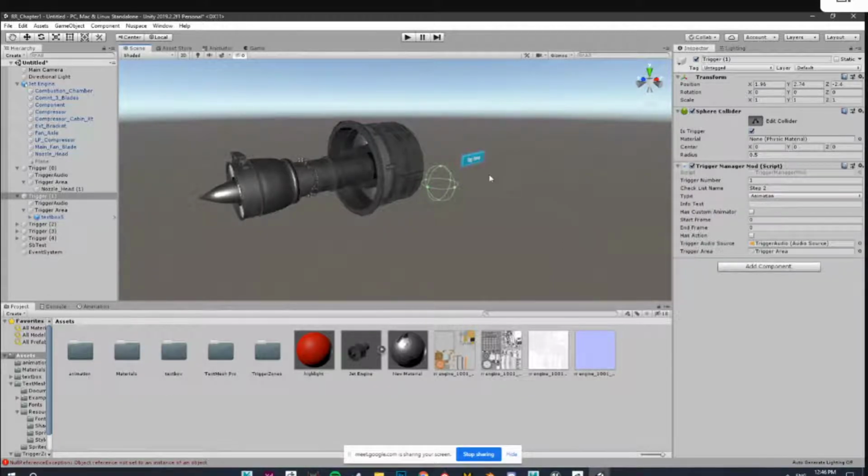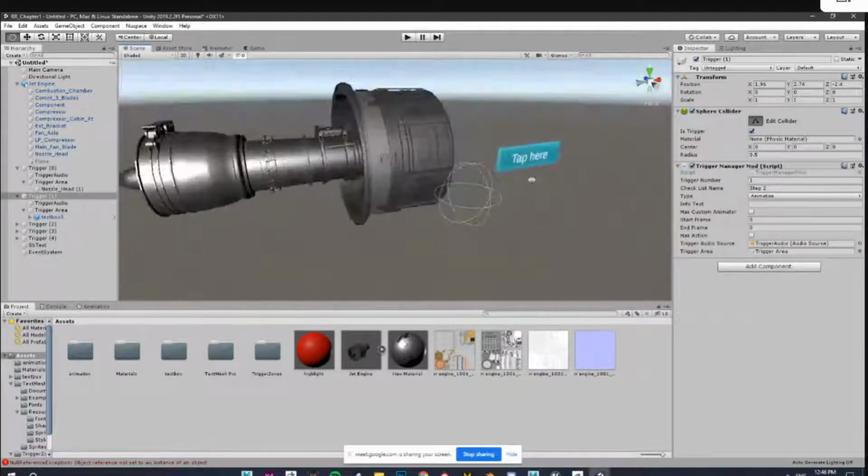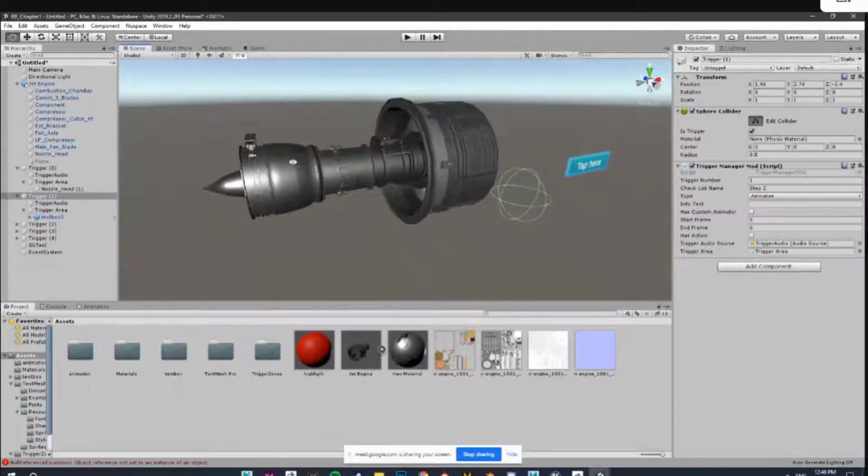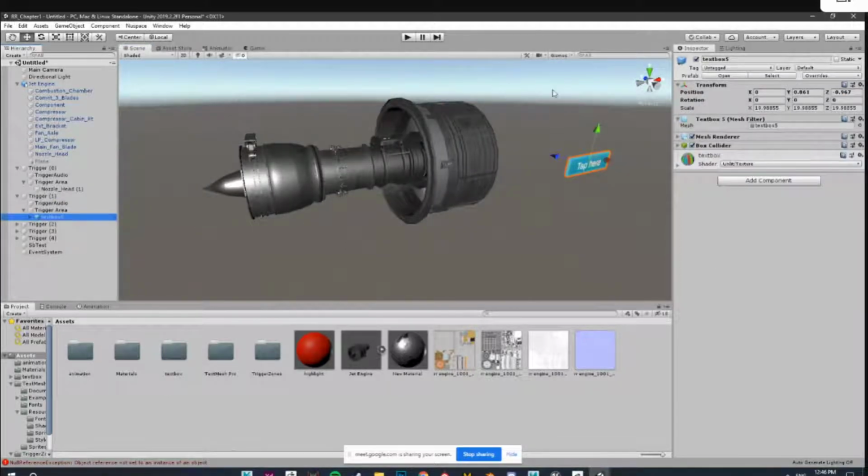In Astrom I did the same thing. I have created two triggers, one over here and the other one on the second building. Not two triggers. One trigger with two colliders. So trigger one, this box collider was on the first building, and this was on the other building. Interesting.